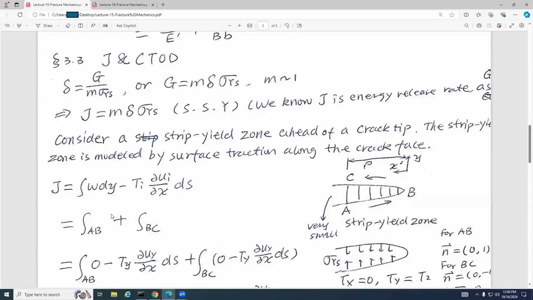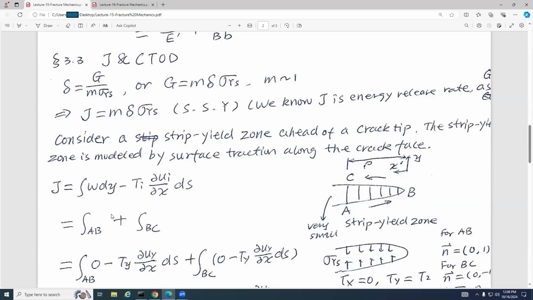So these are small scale yielding. If these are small scale yielding, K, G, or J, all of them are still okay. Right? But J is okay not just for linear elasticity, but also for linear elasticity, small scale yielding, and even big scale